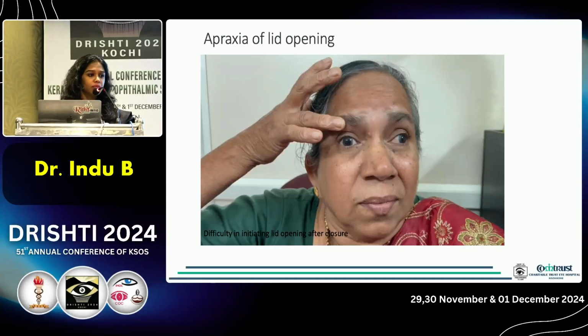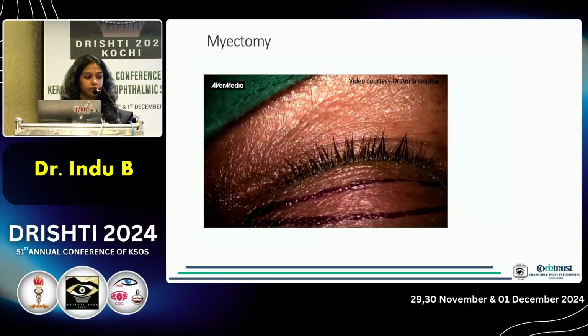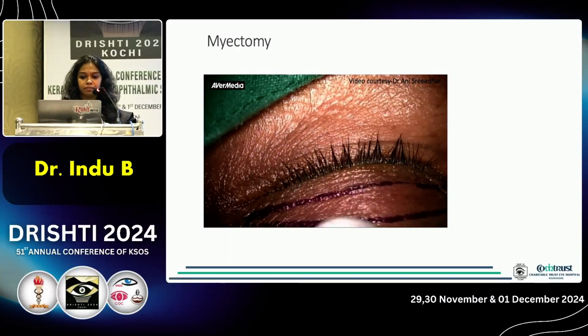This is often very difficult to treat compared to the other two conditions. In severe cases of apraxia, the initial treatment will be botulinum toxin only, but in some cases which are very refractory, you may even have to go in for a surgical myectomy. So in myectomy,